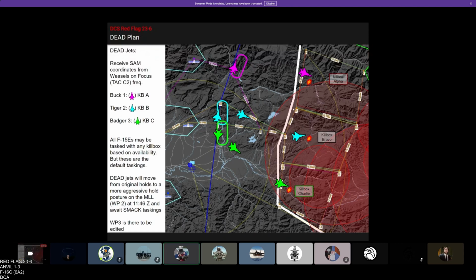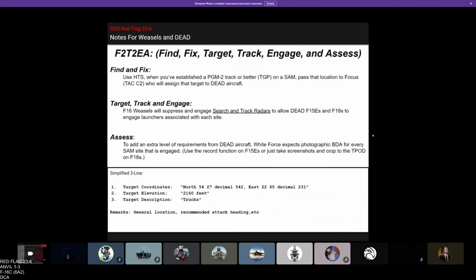And so you're going to get SMACK taskings from Focus, who's going to let you know where all those bad guys are. All right, so the note for Weasels and Deed. The goal is F2T2EA: find, fix, target, track, engage, and assess. So find and fix, the Weasels are going to use their HTS to find the SAMs and get PGM2 tracks or better using the TGP, and then they're going to pass that location to Focus, who's going to assign it